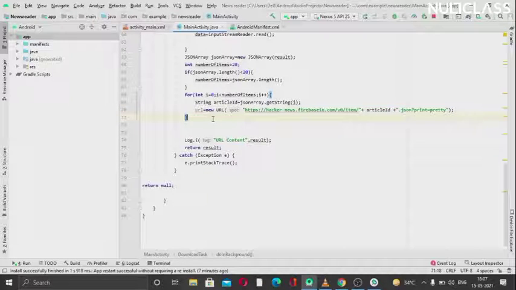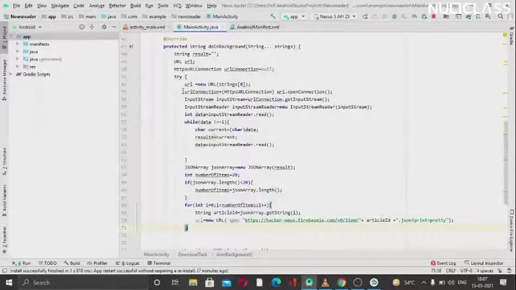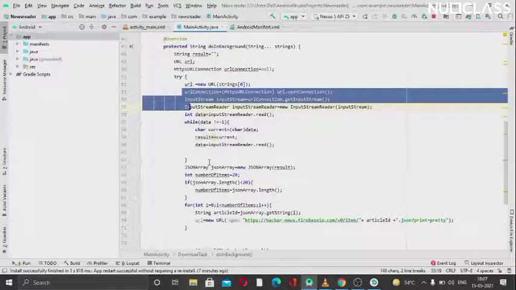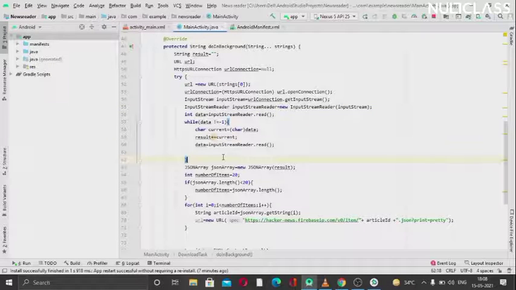I think we should now locate the information, but before that we need to implement the same thing we did above. In order to do that, we don't have to write the code again. Just copy it from here. We need this one part the same as it is, so I will just copy it.